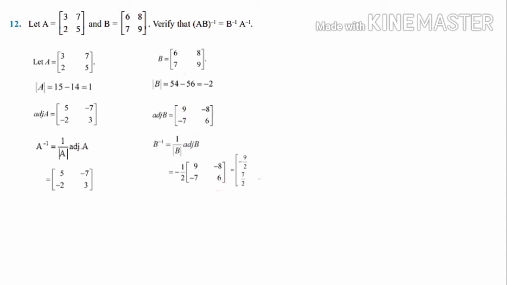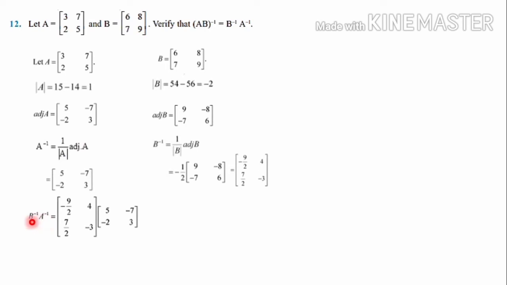It is written here. That is equal to, just multiply this 1 by 2 inside, that is -9 by 2. Then this 2 and 8 we can cancel, we will get 4. Minus minus becomes plus. Then here when you multiply inside, minus minus plus, that is 1 by 2 into 7, that becomes 7 by 2. Again this 2 and 6 we can cancel, that is 3. So final answer -3, that is B inverse.